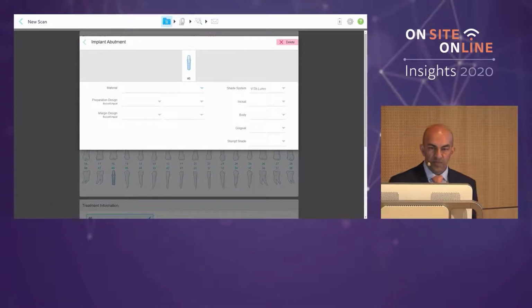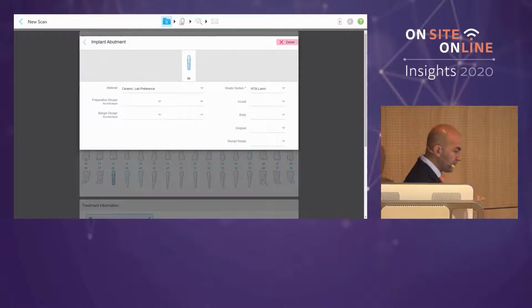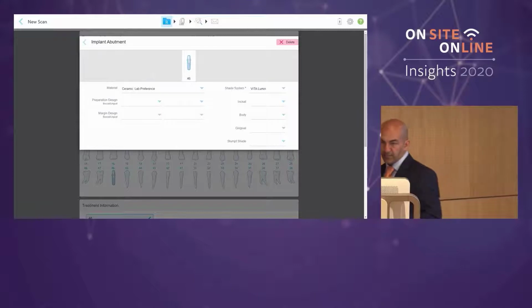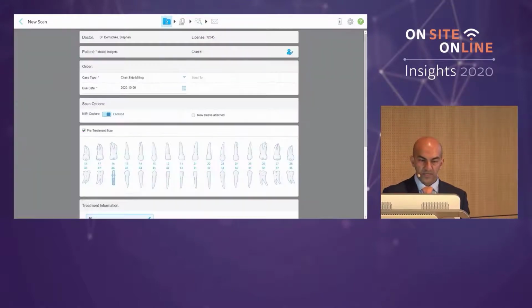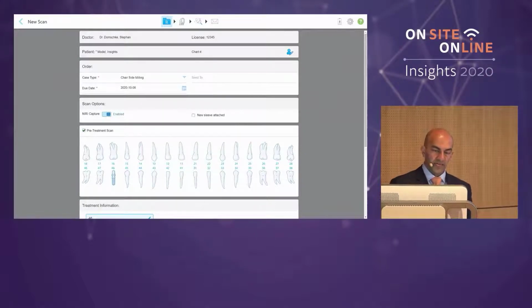We get a new screen pop up and we get a choice of materials. Again, we're going to go lab preference. Remember, the lab here is the dentist, right? So we're going to choose that in the software. We can go ahead and put in a shade as well. So we've got patient's name, chairside milling, pre-treatment scan, and the lower right 6, the 4-6 tooth you can see on the top right-hand side has got a